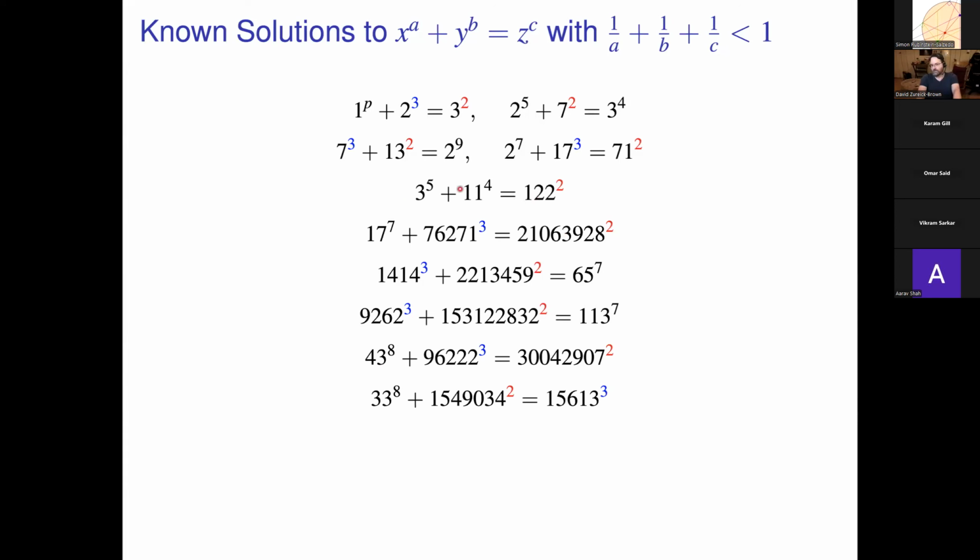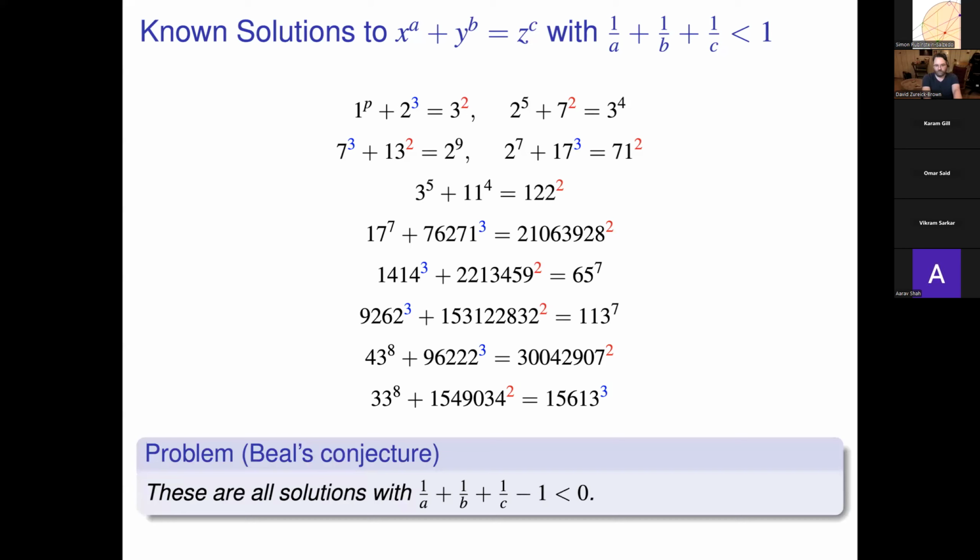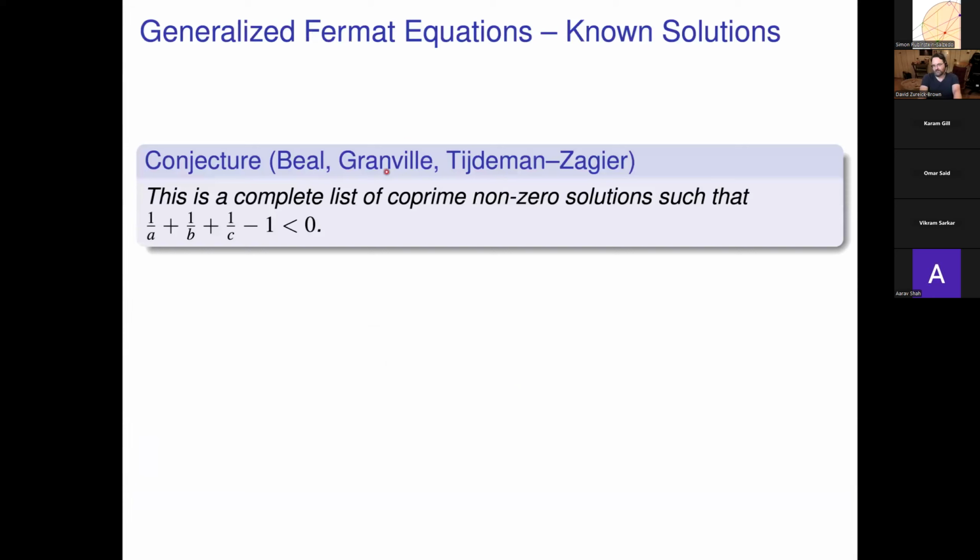In this case, these numbers actually all come from somewhere. The particular numbers are not that interesting, but they're related to some exotic elliptic curves that exist. So the existence of these solutions happens because of the existence of some other interesting geometric objects. So Andy Beal, who took some math courses, liked math, but he works in finance, is the one who technically conjectured that these are all the solutions. But usually it's attached to a couple of mathematician names as well. But Beal,